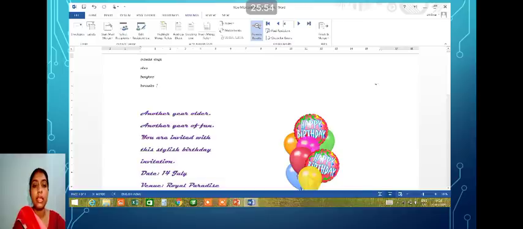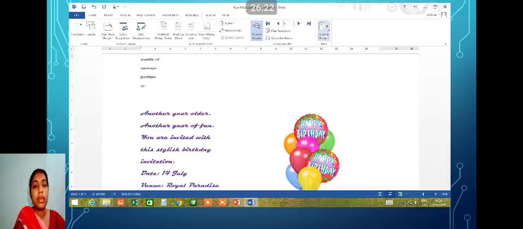As all these options were available in the mail merge wizard, the same thing is there on the ribbon also. With these arrow keys you can move between the recipients. You can see the number is changing and the names are also changing according to the records which we have entered in the table. Which table? Birthday list.mdb.